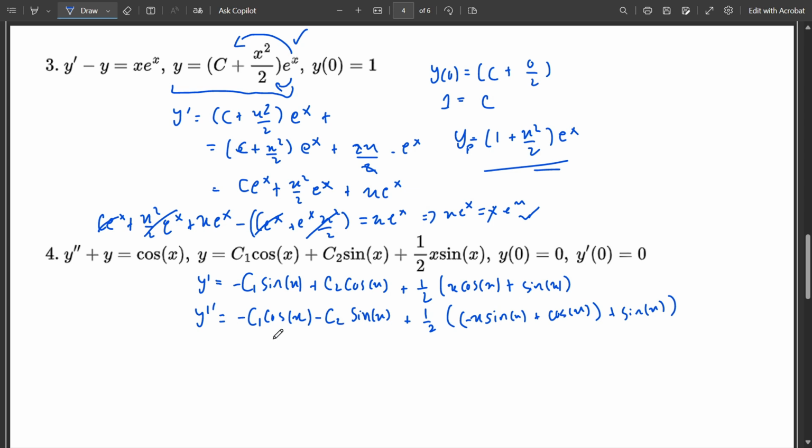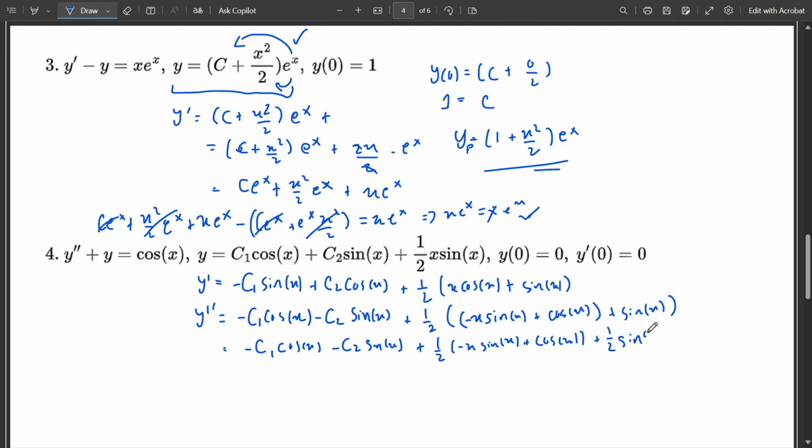Okay, and we have negative c1 cosine of x minus c2 sine of x plus, let's see if we can... oh, we cannot cancel the term, so we are left with a half times negative x sine of x plus cosine of x